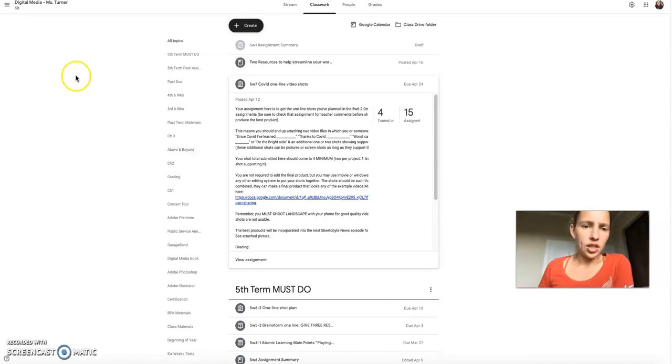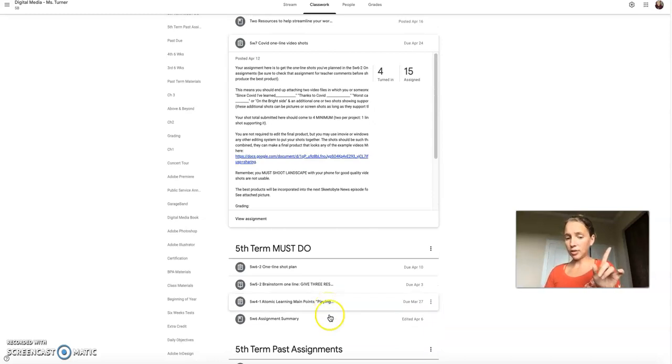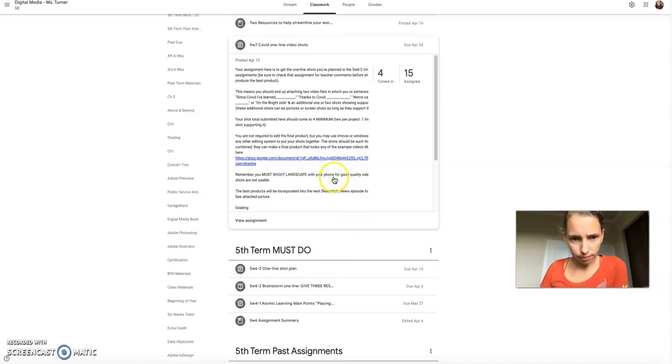So let's talk about the assignments for this 6 weeks. I have all the fifth term stuff, must do, categorized right here. If you have an I in the gradebook, one of these probably still needs to be submitted. So once you get all of your work submitted, your grade will change to whatever grade average that you have earned for the 6 weeks. So that answers that question.